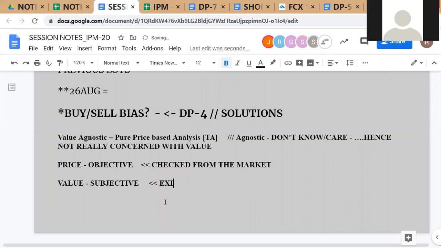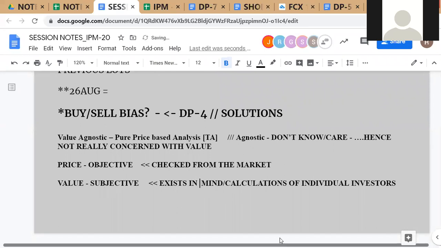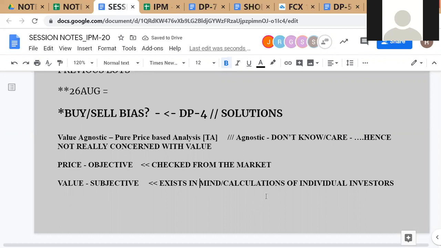Value exists in the mind or calculations of individual investors. All right. So here you may just make it bad English to make everything fit in one line. Okay. So it exists in the mind and calculations of individual investors. Which means that different investors. Why do we say it's subjective? Because different investors, okay, different investors can have different